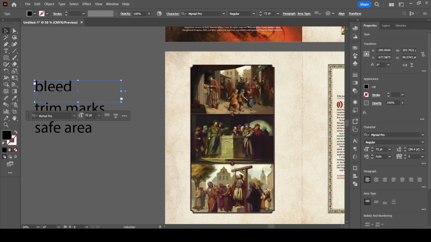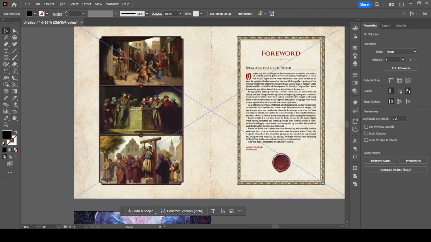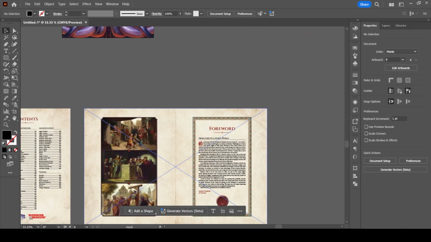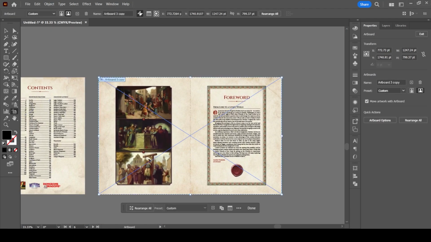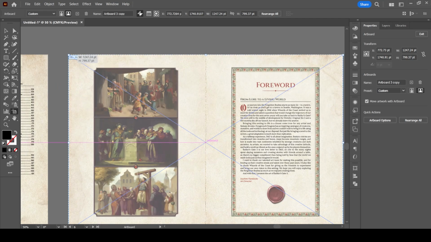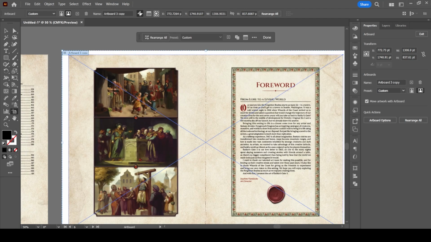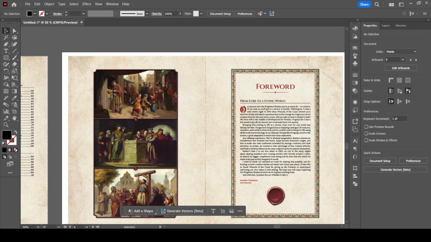So the bleed are the parts of the page that take into account any error when it comes to cutting. For example, let's look at this page right here. I'll just work on this page. Let's say this page right here. If we extend the artboard just a little bit, you can say that this area out here is the bleed part. Now, just because it's the bleed doesn't mean that there would be nothing there. It would be expected that you will, let's say,